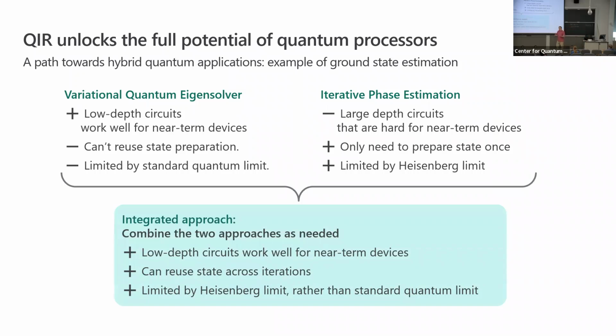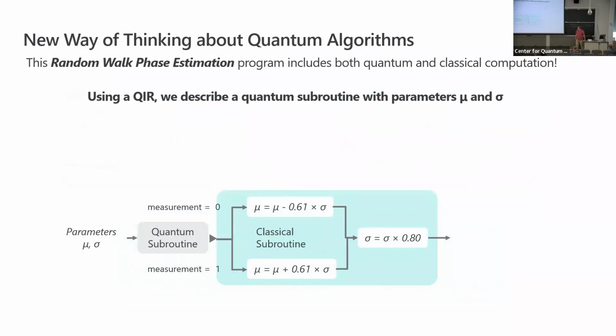You can reduce the depth in many cases by adaptively choosing the next power of your unitary. You can choose that on the fly, but for that you need the ability to make the choice while the quantum state is coherent, because you don't want to collapse it. You want to keep going with the next round of phase estimation. There's a paper that Nathan Wiebe and Cassandra Granade have in preparation, where they talk about a model like this, where you do the adaptive computation on the fly. You try to estimate the eigenvalue, with a model of mu and sigma, the expectation and the variance of that estimator, and you update it in each step.